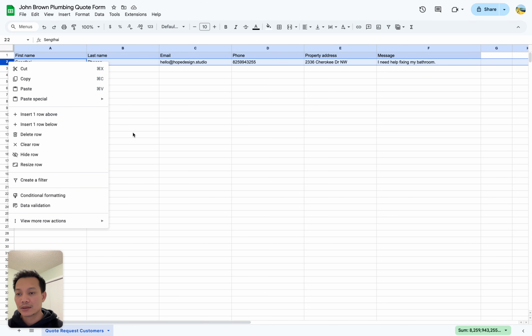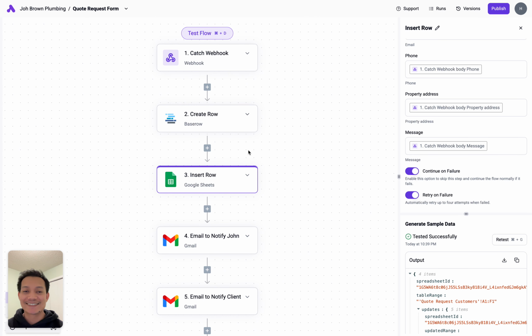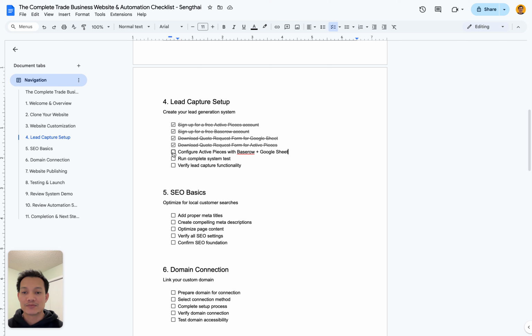Okay, so let's go back to Activepieces. So this is good to go. You have done two of the most difficult steps in this section number 4. So now let's go back to our Google Docs. Have we done this one? Yes, we have done this one, so we're going to cross this out. The next one would be a little extra step, which is